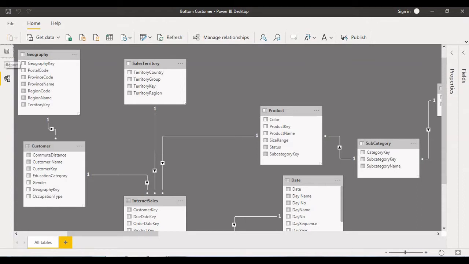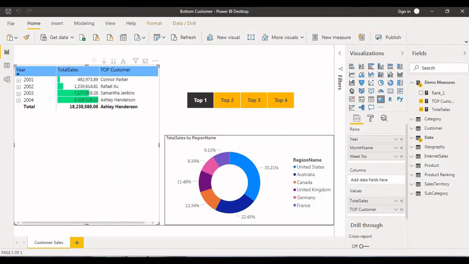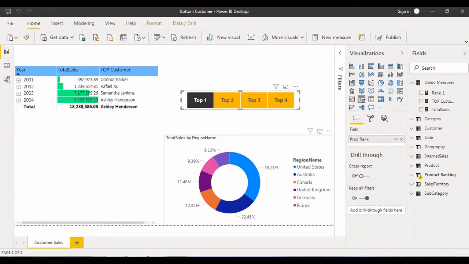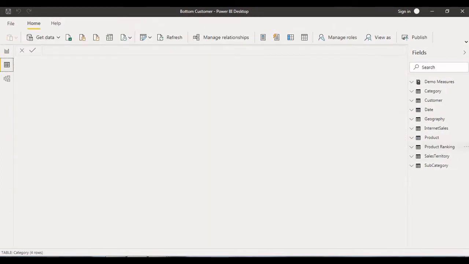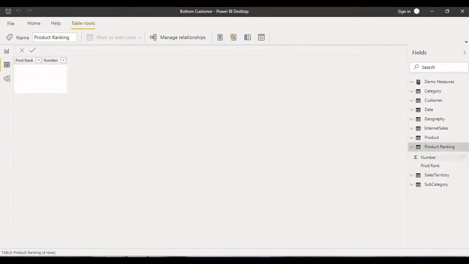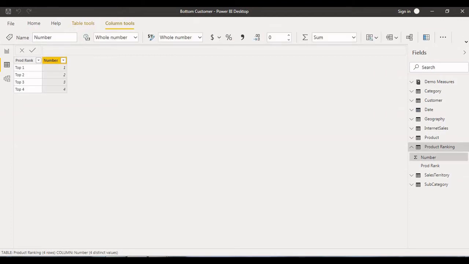Go to the report view. Here we can see that this is the matrix. Before getting into the details, let me explain the slicer, for which I have created another table. If we go to the product ranking table and open the data view, you can see we have two columns: one is the product rank, and the other is a number.